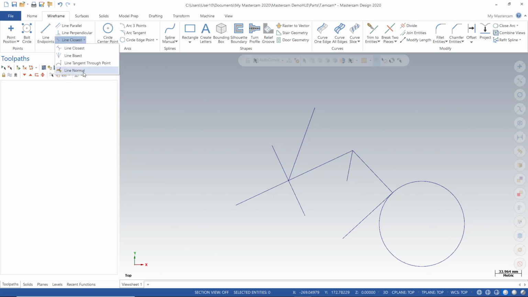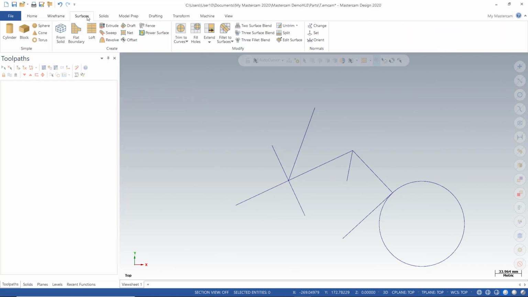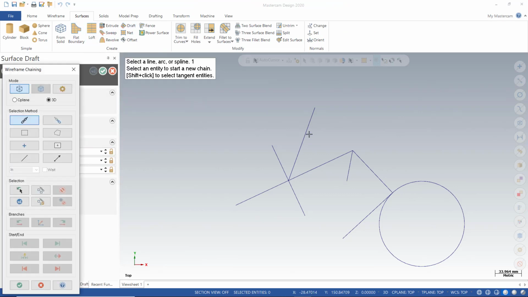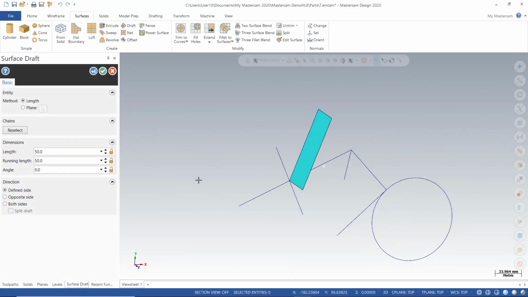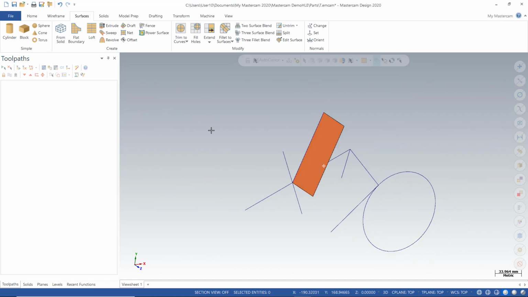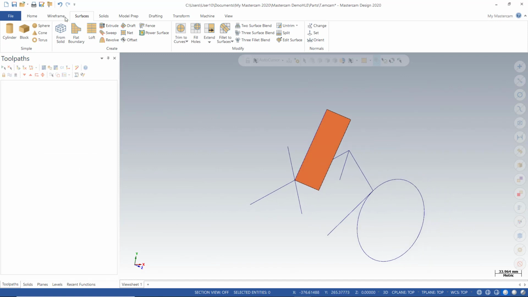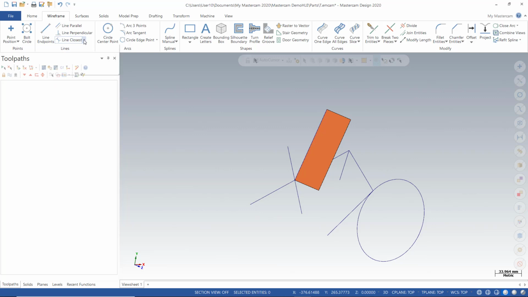Last one, I'm going to create a line normal to a surface, perpendicular to that surface. I'm going to first just create a surface for construction purposes. Just go surface, draft, use that line. Just turn it like that. Accept that. So if I turn my view like that, dynamic, I go back to wireframe,